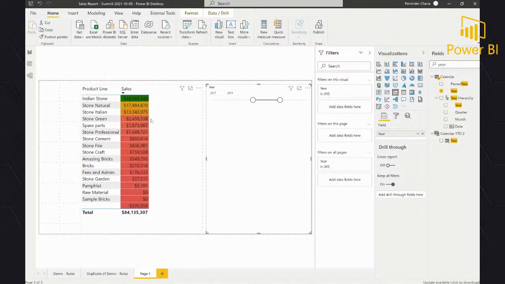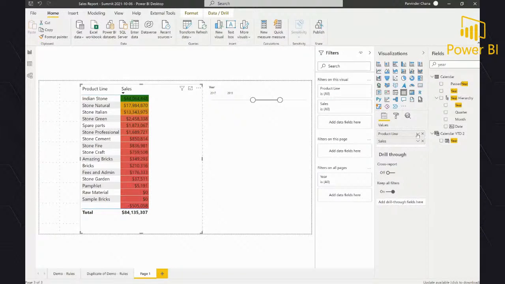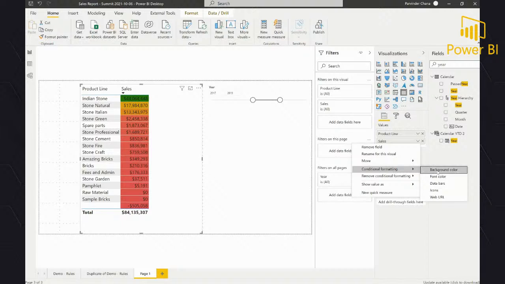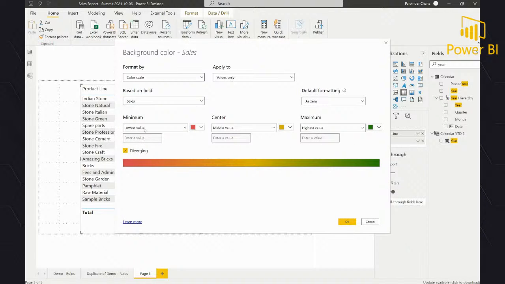So that's what the color scale does for it, but we don't have any control here. In the background color, if I really wanted to, I can define my minimum value, the lowest value.